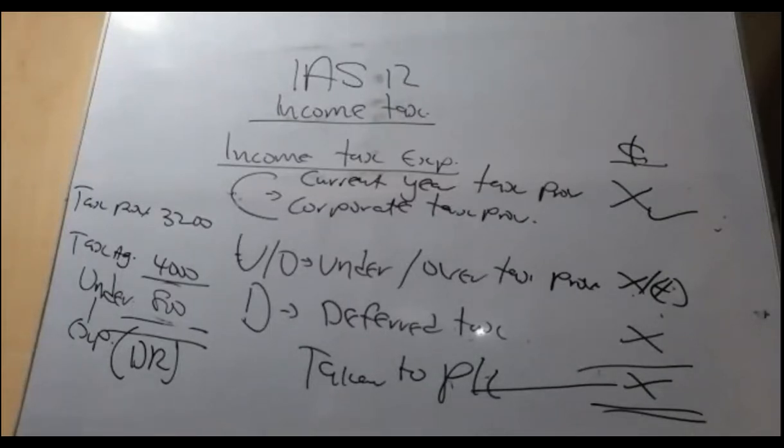Credit balance. All revenue have credit balance. All gains have credit balance. All income have credit balance. So over tax provisions are what? It's a gain. It's a plus for you. So it must have what? Credit balance, and then you are done. So that's fine. Good. So that's the end